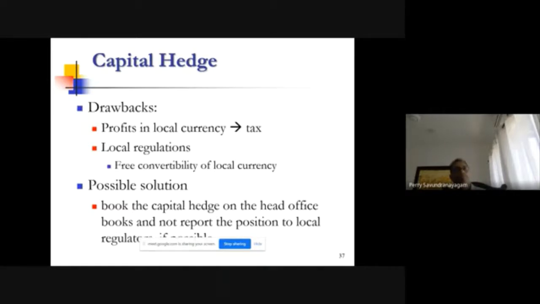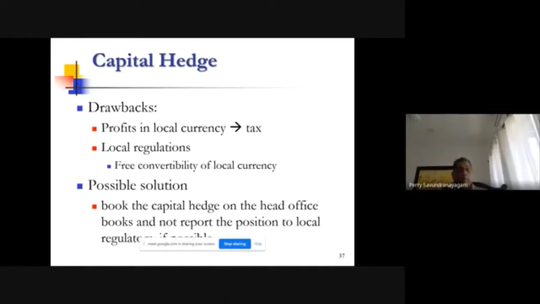So, capital hedging, drawbacks. Okay, so now somebody comes and places capital in the country, and then he has assets also. Like you said, there are costs of doing this whole exercise, and you could be taxed at a higher tax rate. For example, you have a rupee asset on your book, but you're then reporting rupee profits, and you might be taxed at a higher tax rate, depending on the country that you're in. Or it could be a benefit if it's a lower tax regime where you have bought the capital from. So there's a tax risk.